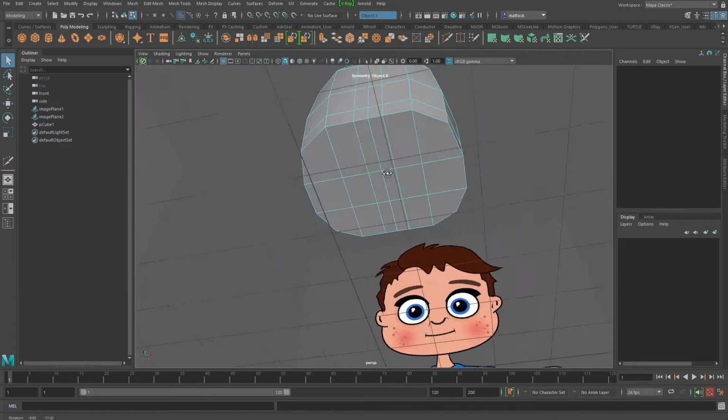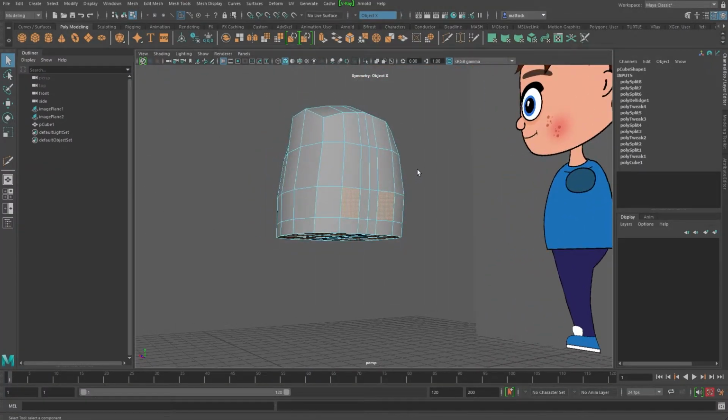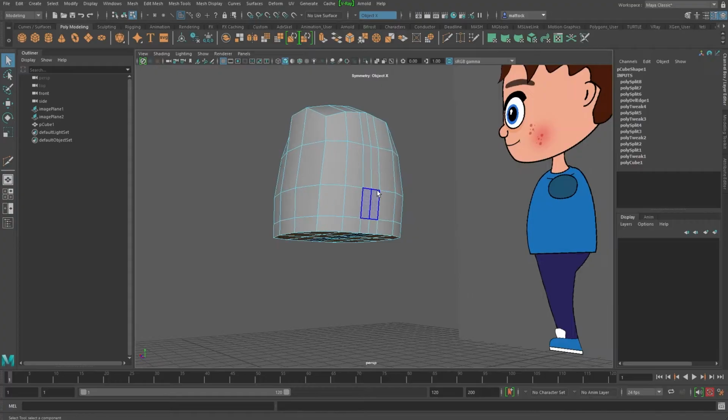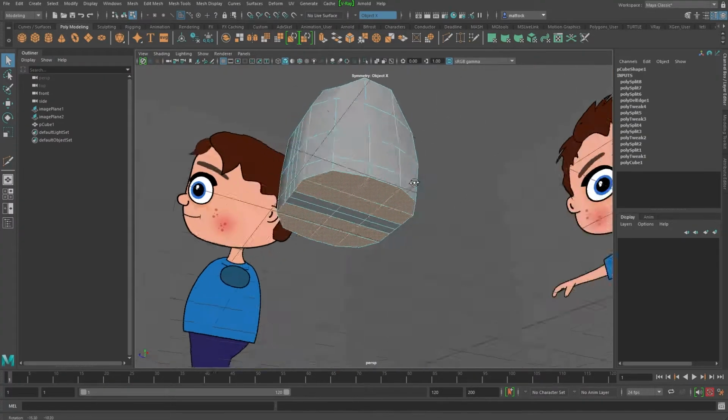So I'm going to go to faces, select multiple faces. I'm going to select 1, 2, 3, 4, 5, 6. There you go. And be careful what you select here. You see I've accidentally selected others. Deselect those. What you do is hold down the control key and drag, and you'll deselect. If you hold shift, you'll add to the selection.